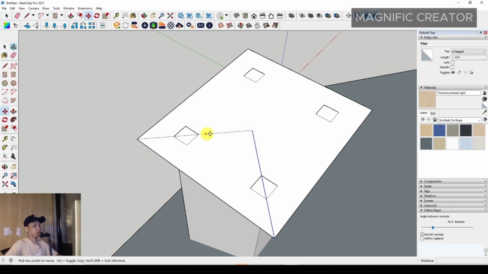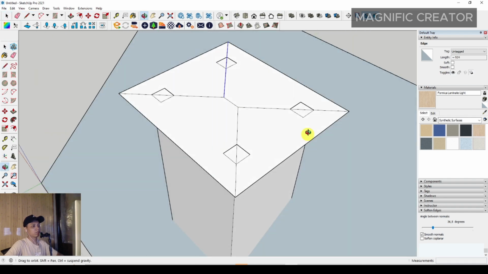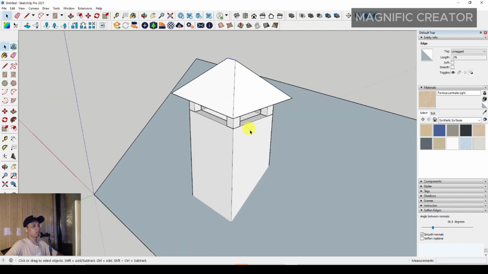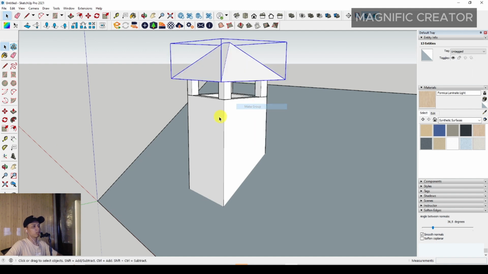And then you have to move and press Ctrl, and just move and press Ctrl to duplicate it, and then you have to complete this line, and then you can move it up. Okay, maybe you can move it up until like this. Okay, it's enough, and then you can